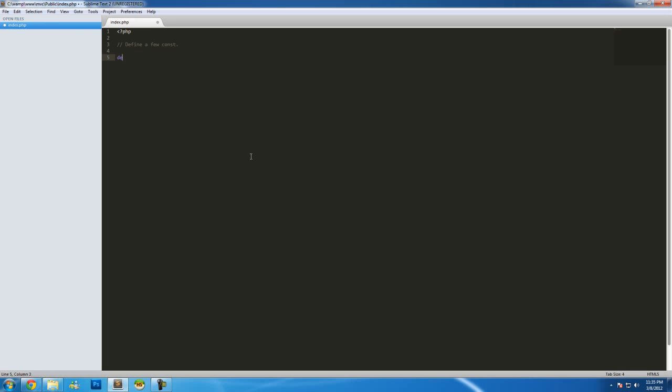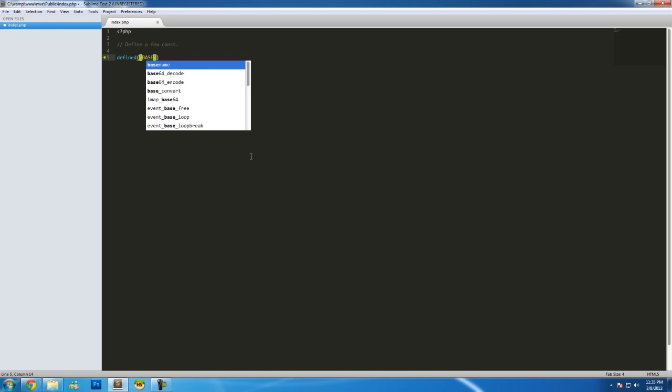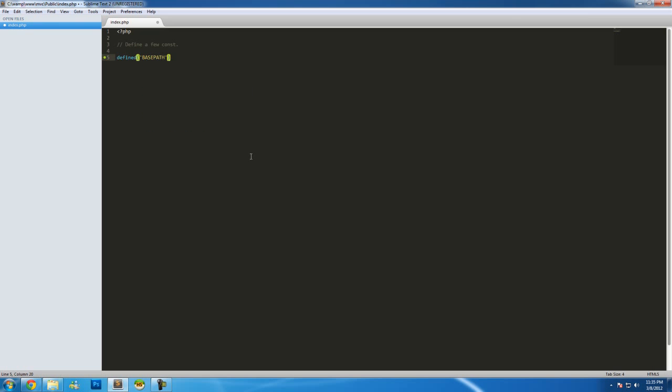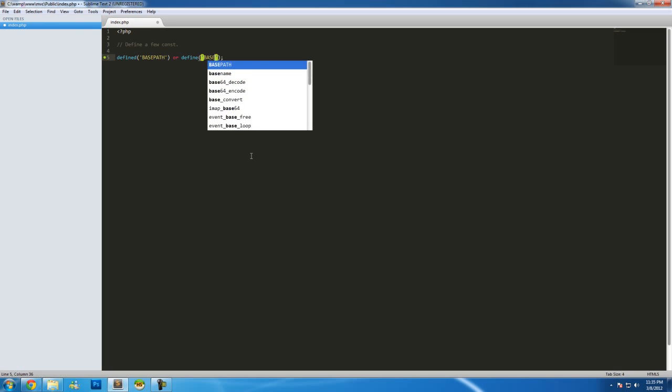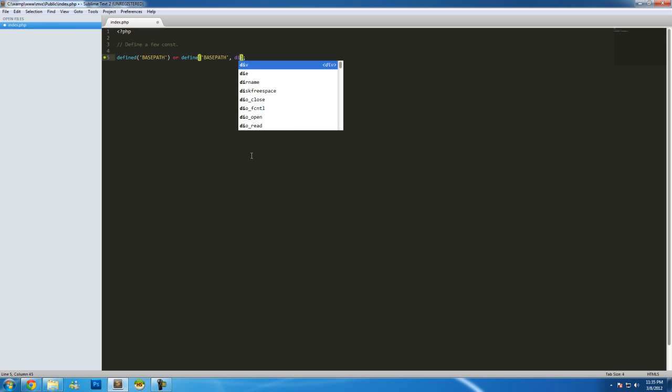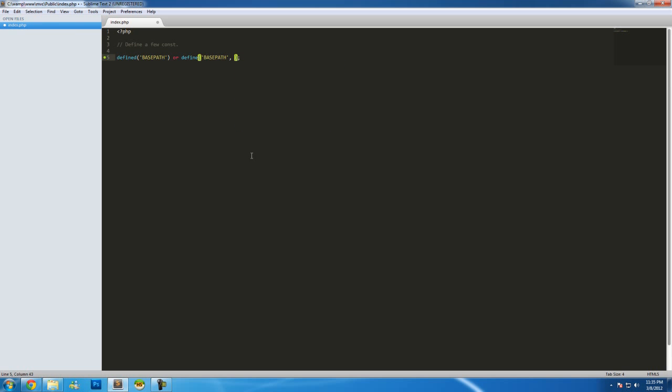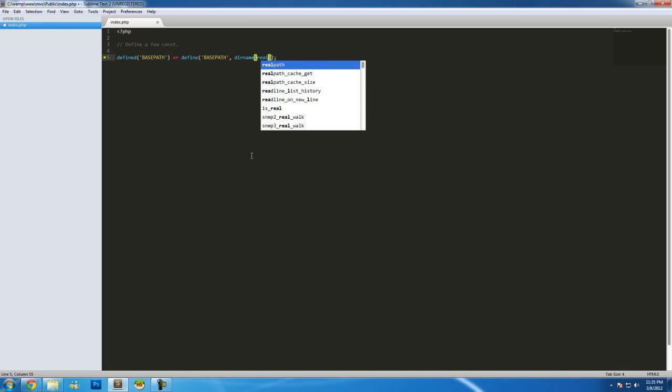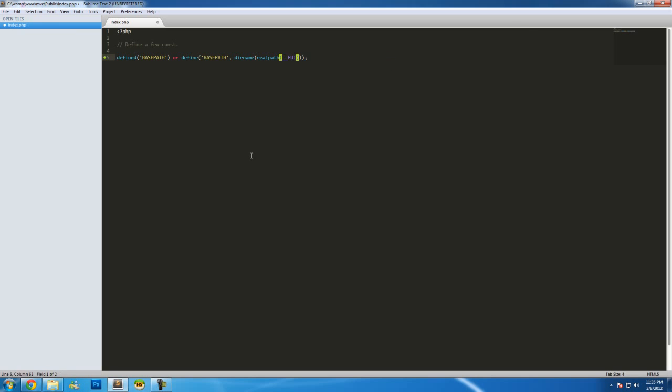And then we're gonna go, if the base path is defined, then leave it, or define the base path, and then we're going to get into right here the directory name of the real path of the current file,